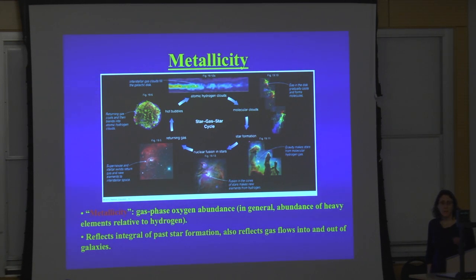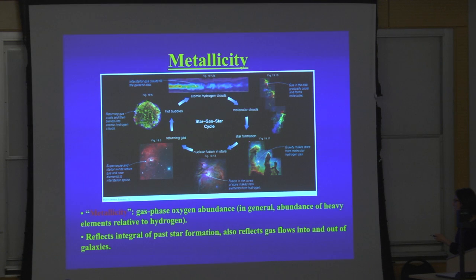In general, when people say metallicity, they mean the abundance of heavy elements, so everything heavier than helium relative to hydrogen. This is a cartoony diagram of an interstellar enrichment cycle, or the chemical enrichment cycle in our Milky Way. The idea is that you have atomic gas that cools to the molecular form, out of which you make new stars. Stars fuse heavier elements in their interiors, then they explode and return these heavy elements to the interstellar medium. Here's a supernova remnant, and then new stars form out of gas that has been enriched by the previous